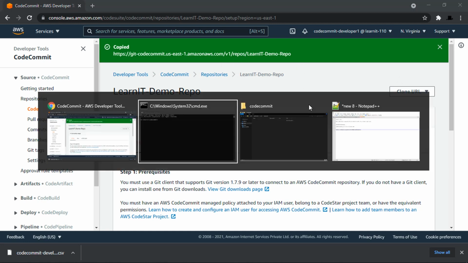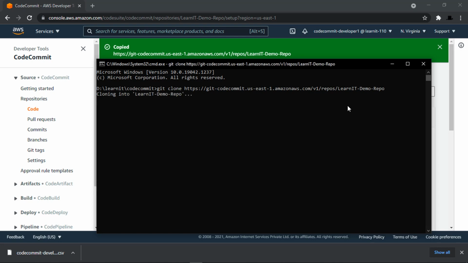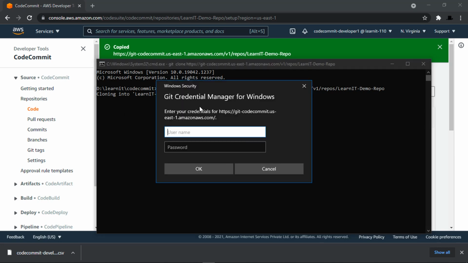Now let's go to command prompt in the Windows. So guys, I have created a new folder to clone this repository, and here we can use git clone command using the cloning URL. I assume that you have already installed Git on your machine and you are able to perform all the Git commands. Now let's enter this, and you can see it is trying to clone this repository, the demo repository.